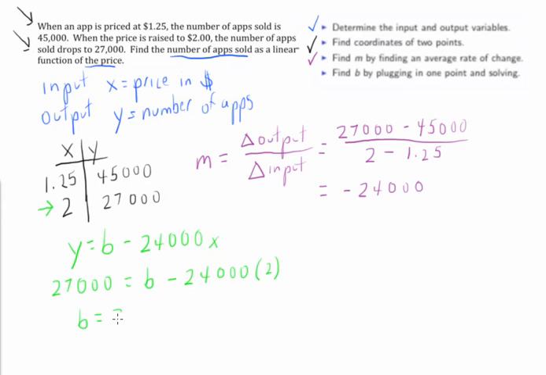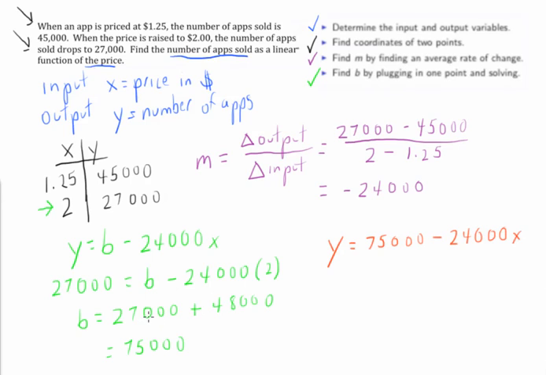So solving for b, b is going to be 27,000 plus 48,000. That is going to be 75,000. We have found our b. So we have the equation of the line. We have y equals 75,000 minus 24,000